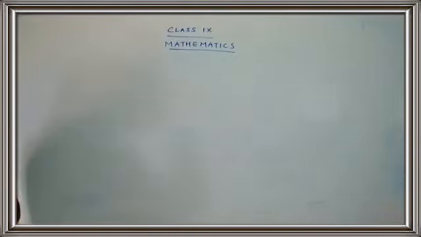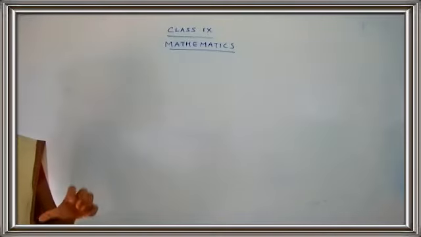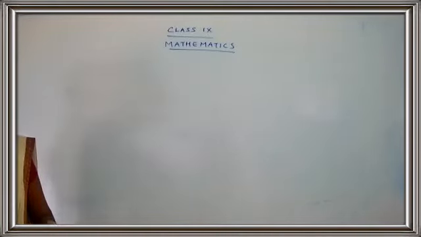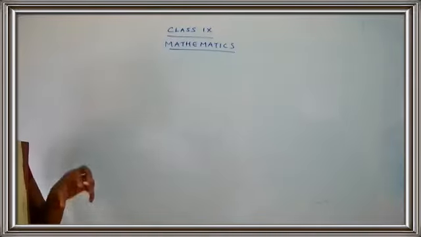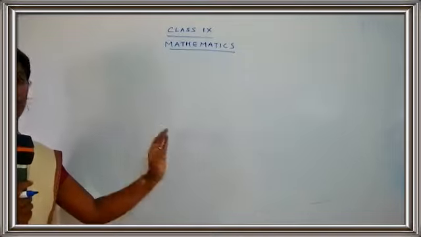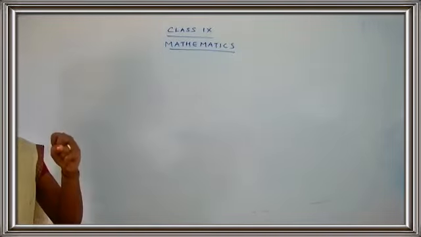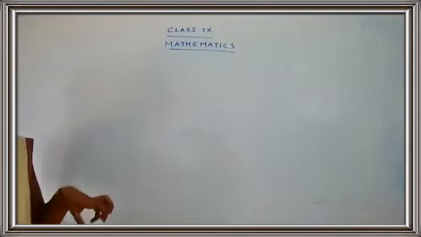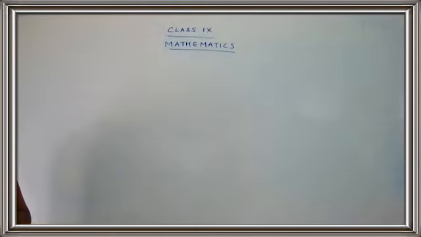Okay, children, you know the meaning of rational numbers. That is, you have to write down the number in the form of p upon q, or no need to write it in the form of p upon q. We'll try to write it in the form of a terminating expansion. Terminating means we'll not go for dot dot dot. We'll just try to find the numbers which are terminating. Okay, children, let's start with the work.